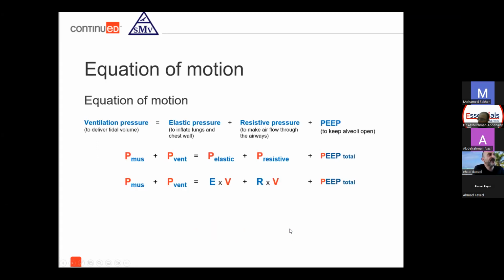Mechanical power comes from the equation of motion. And I always tell the residents and the junior faculty, you would not understand mechanical ventilation if you don't understand the equation of motion. What does the equation of motion tell us? It's how much pressure is required